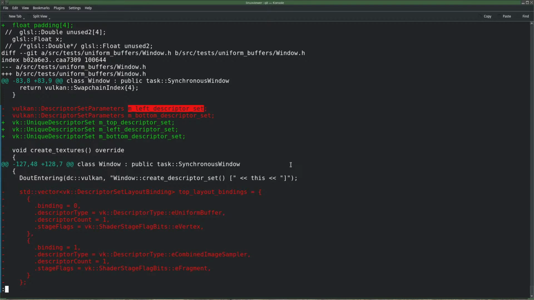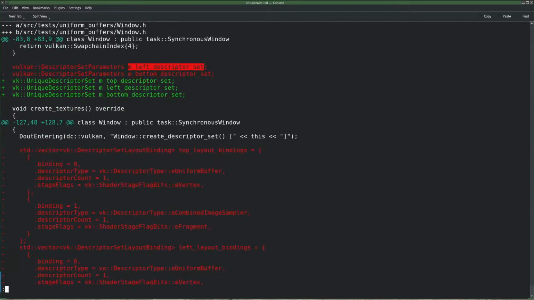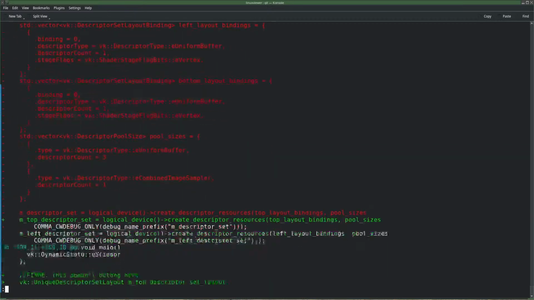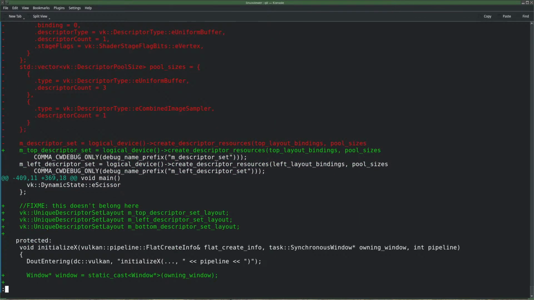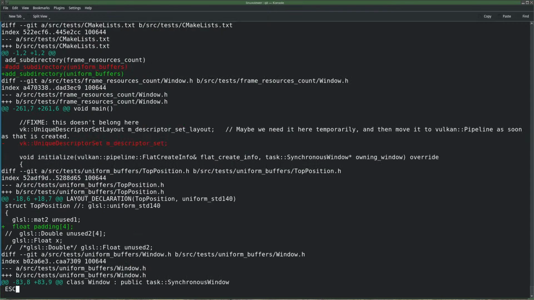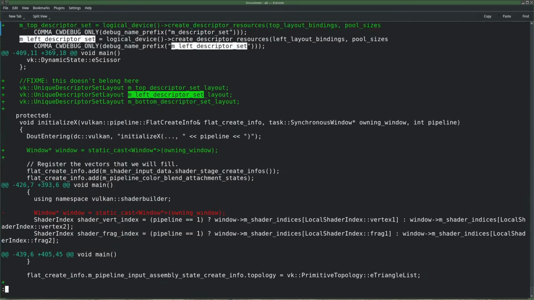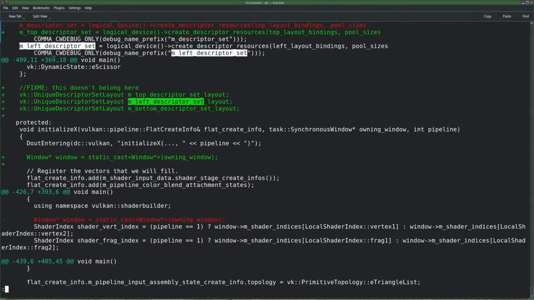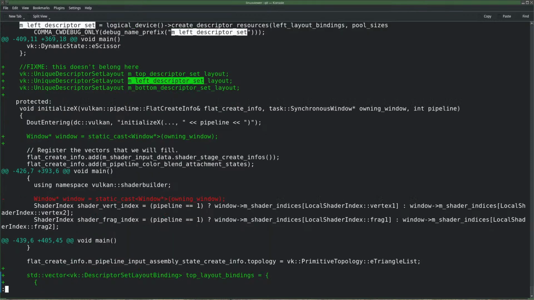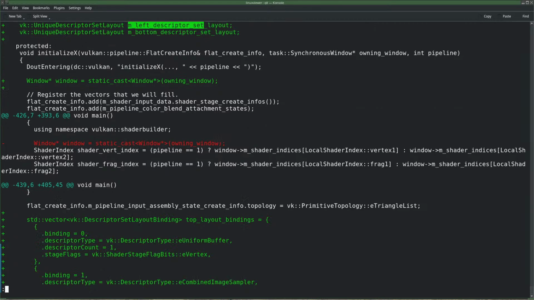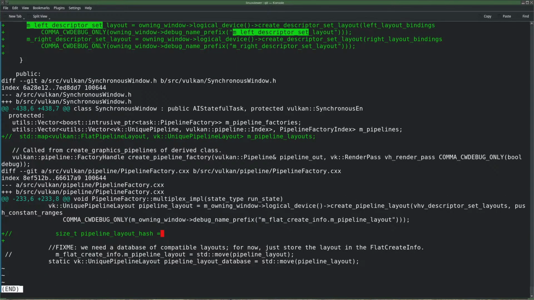You cannot just make it and then not use it. So we have a descriptor set parameters declaration with that name, which is returned by the create descriptor resources. And that's it.